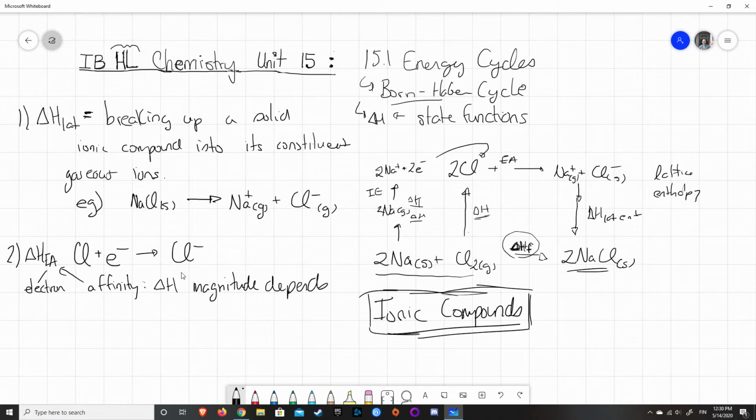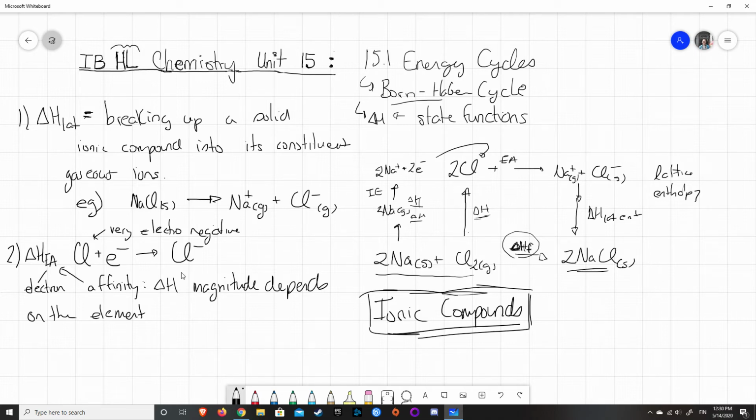We've got chlorine atoms right here, and we know chlorine atoms are very electronegative. So they really want it. So its delta H value will be different than if you imagined,